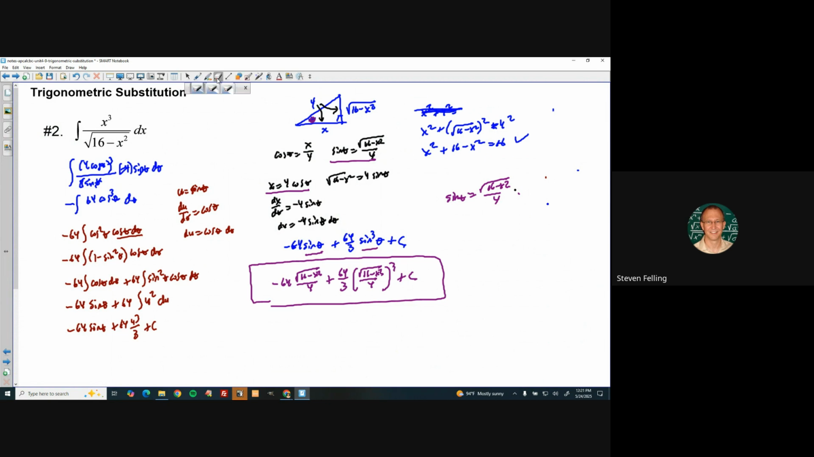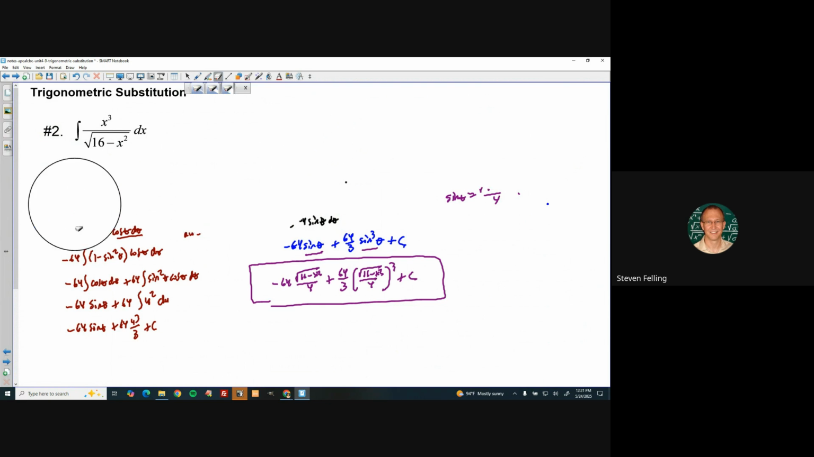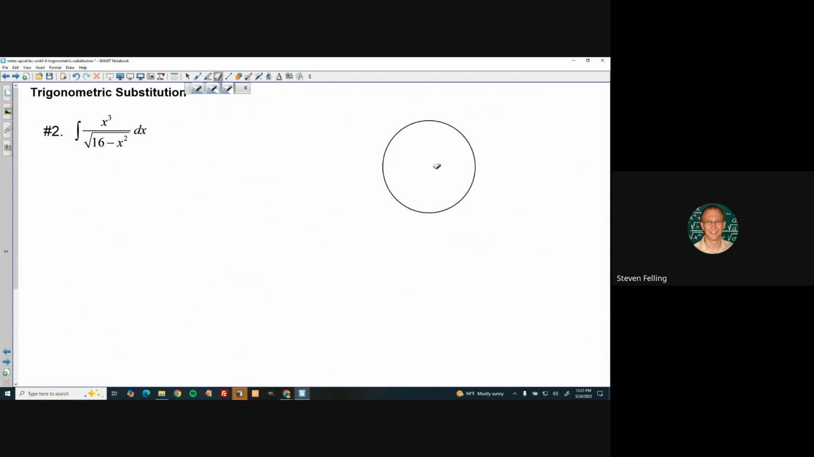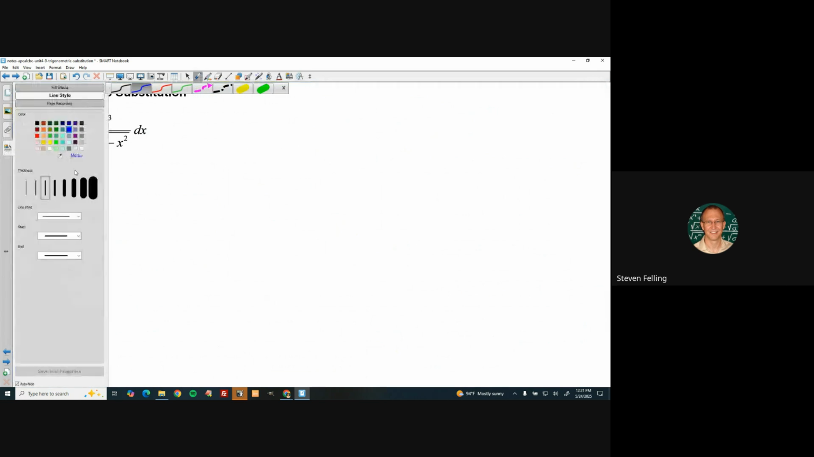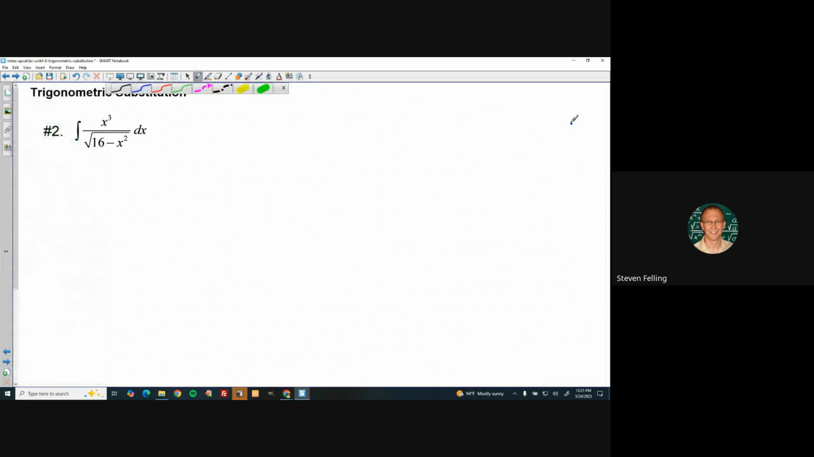I'm just going to erase that result here. But we're going to set up the triangle the other way, it will give a different looking answer, but which is also correct. I'll go a little faster here. What if we decided to put the radical on the other side? We still have an angle theta here. What if I decided to make this side the 16 minus x squared? This would still be 4, this would be x. And then when I pair up each of these things, I would have